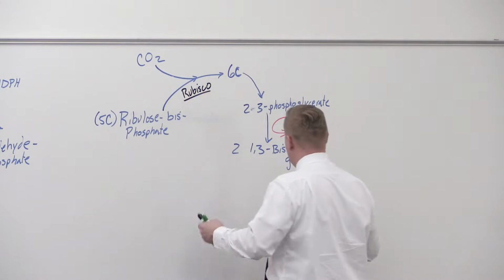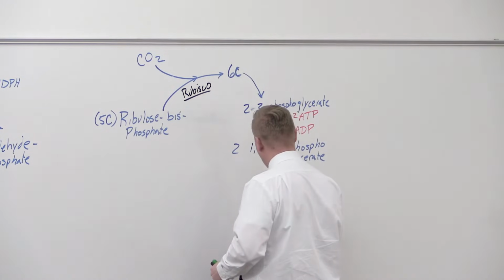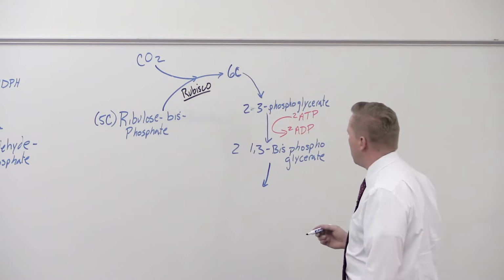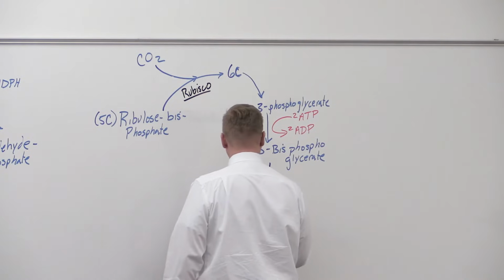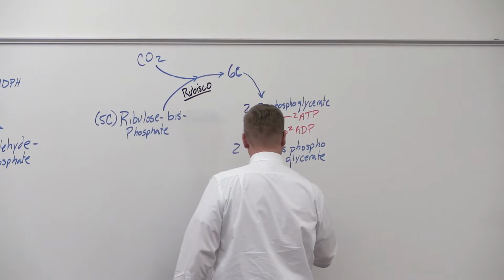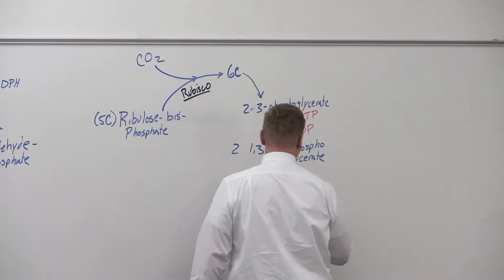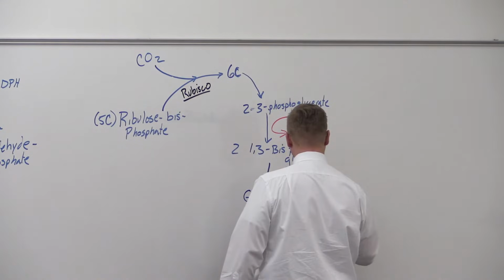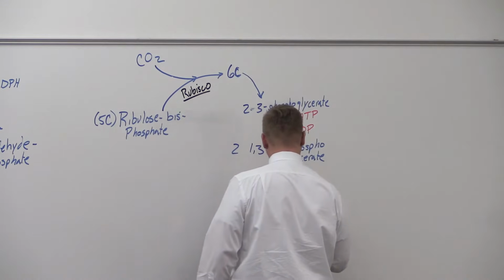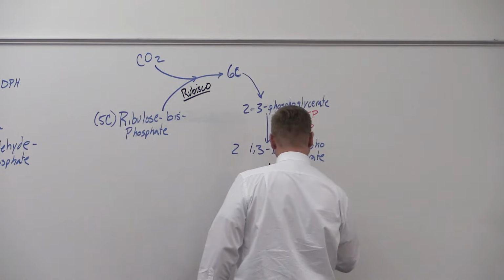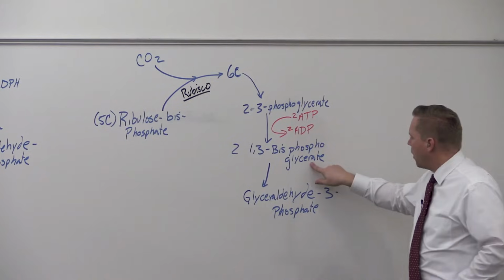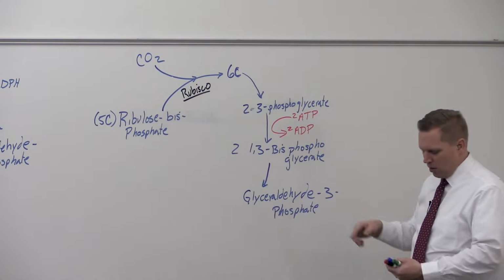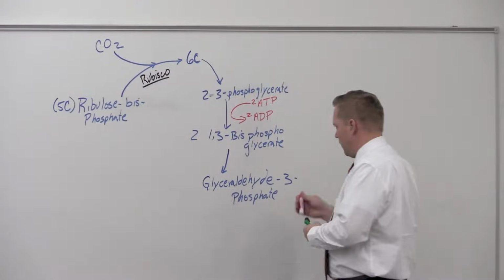Now, in the next step, we're going to take our 1,3-bisphosphoglycerate and we're going to turn it into glyceraldehyde, which is also a glycolysis intermediate. Glyceraldehyde 3-phosphate. Okay. Now we've gone from a glycerate to a glyceraldehyde, and that's actually an oxidation step, and this is where